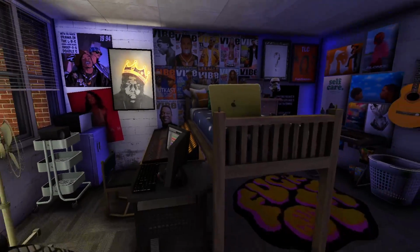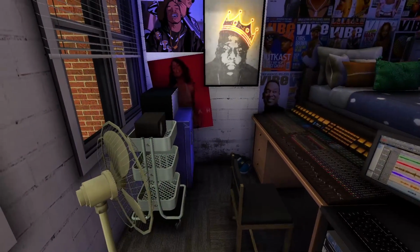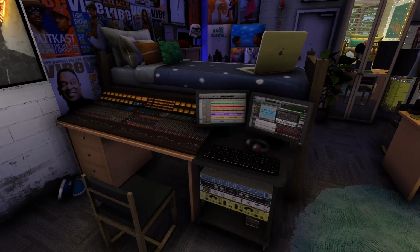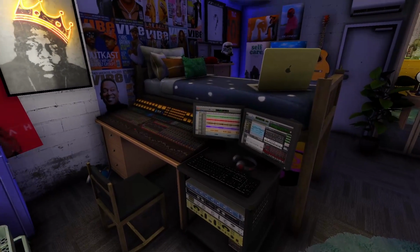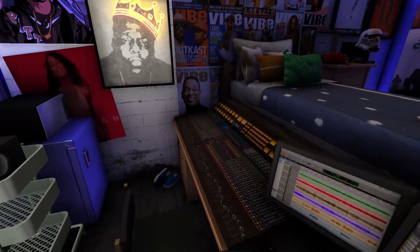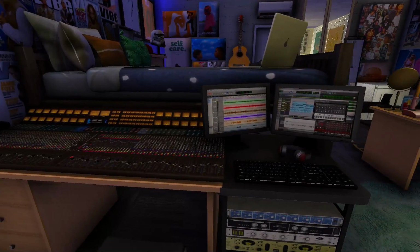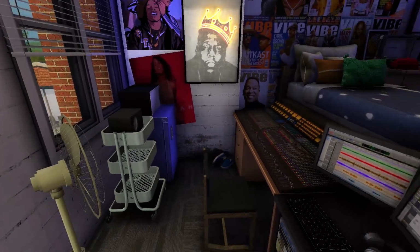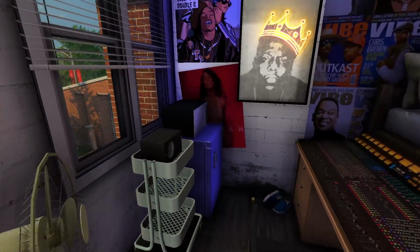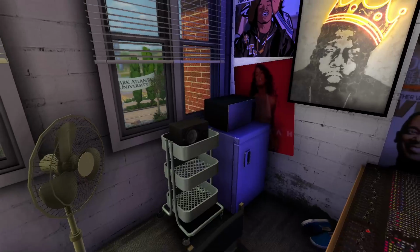And then moving on, we have her roommate side, which is the music major. And so I did something kind of different here. I didn't give them any typical computers or anything, so this sim will probably have to own a laptop and keep it in their inventory. But I gave them this little, I don't know what the word is, but this little music setup thing over here. And so they do this instead of their work, clearly, because they don't have a computer in here. But yeah, she also has our microwave on top of her mini fridge, a little speaker right here